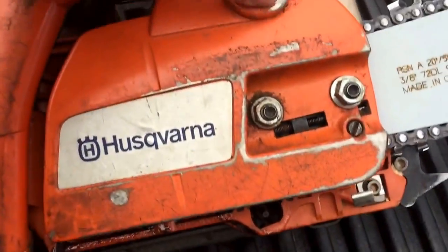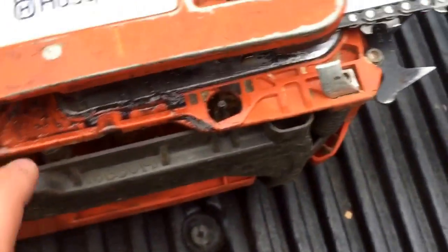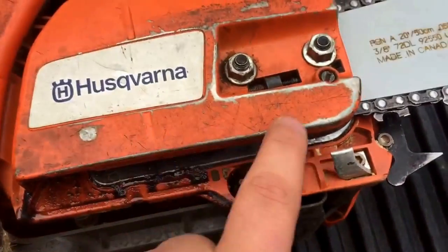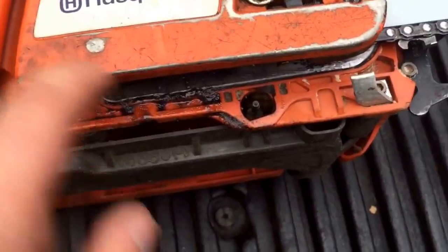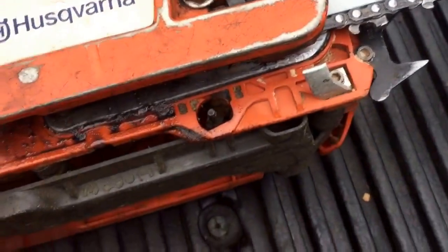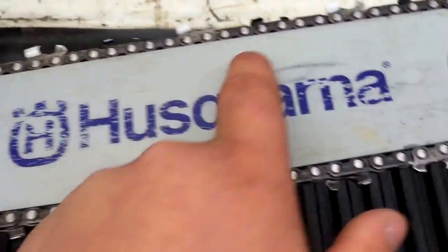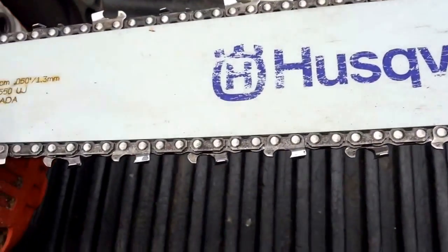As you can see, she has some nicks and scrapes. This is plastic, this is all metal, this is all metal, so this is starting to show some signs. Sure, you could take this down and repaint it, but what's the fun in that? So, yeah, today we're going to